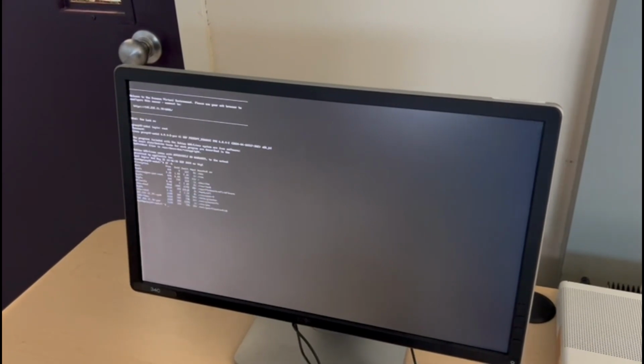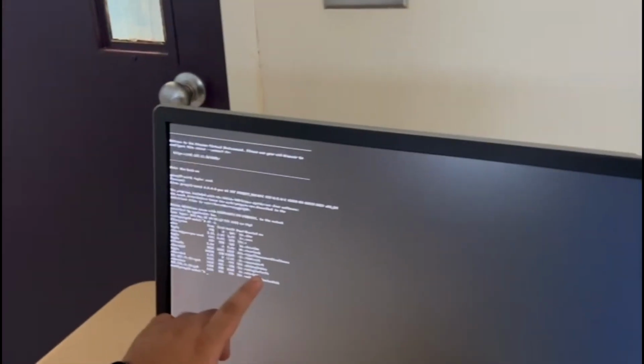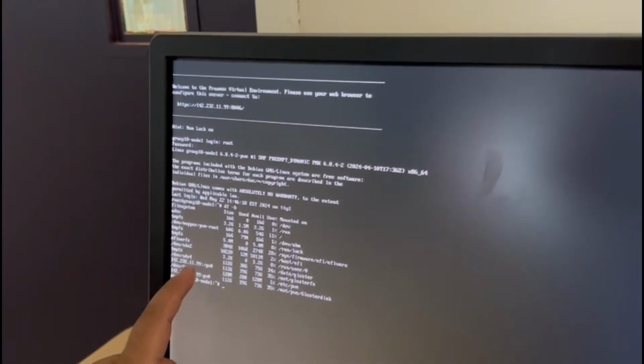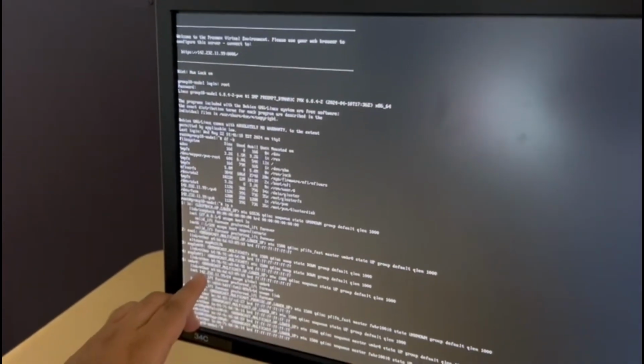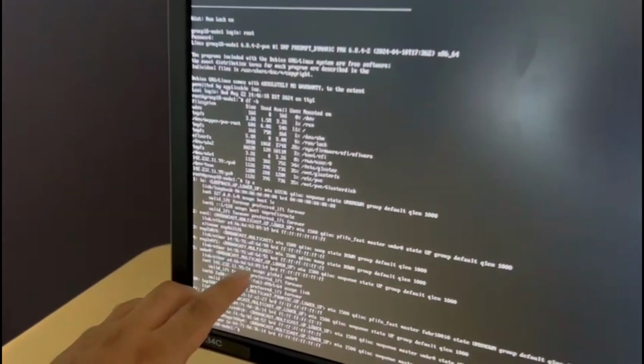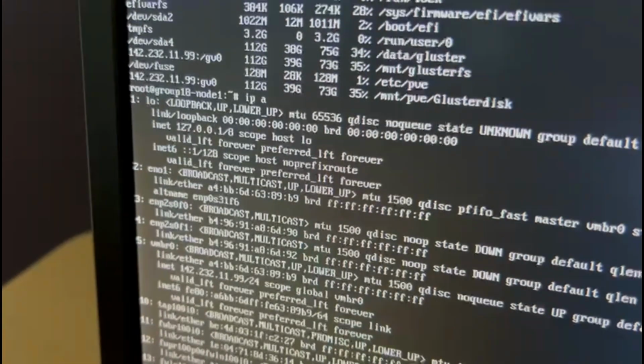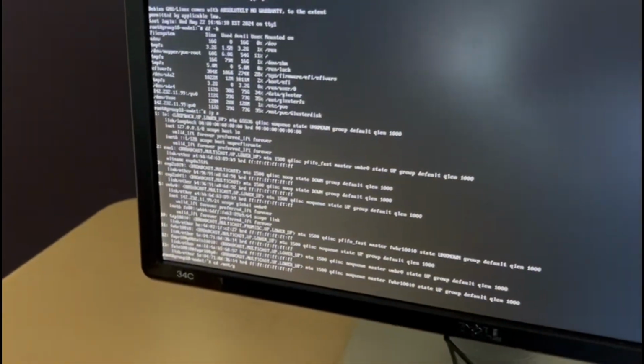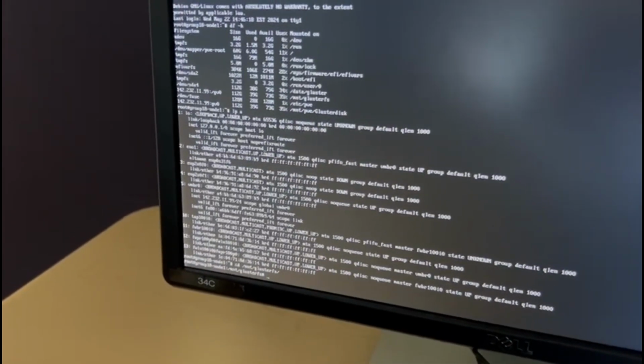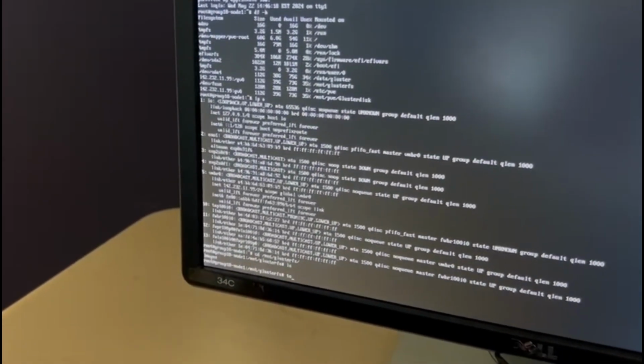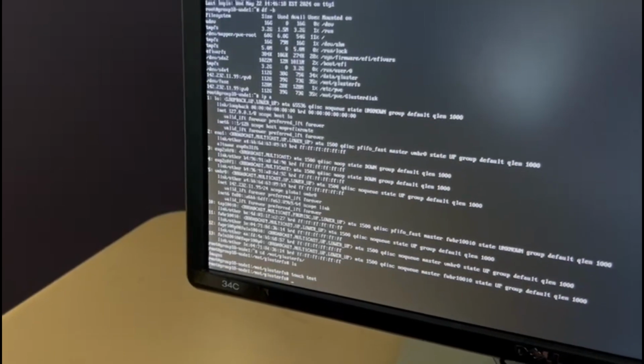So this is our node 1, and I created this one as a test, but our real cluster is this one, which is using the IP address of our node 1, which is 142.11.99. And now if I go inside our cluster, there's nothing there, but if I go touch test and ls,